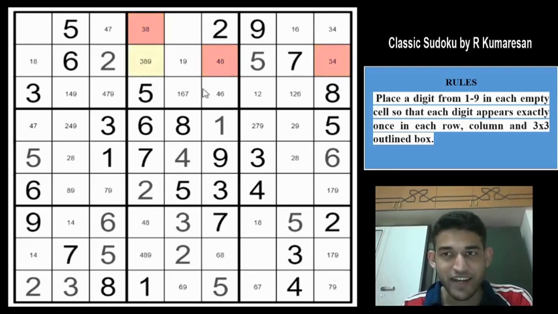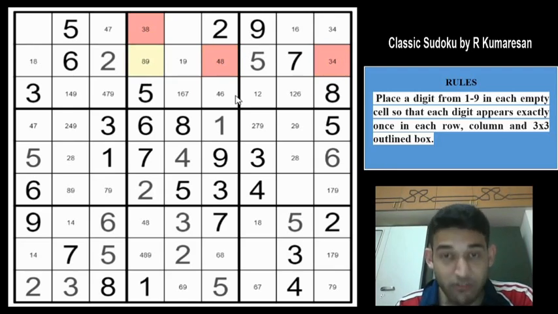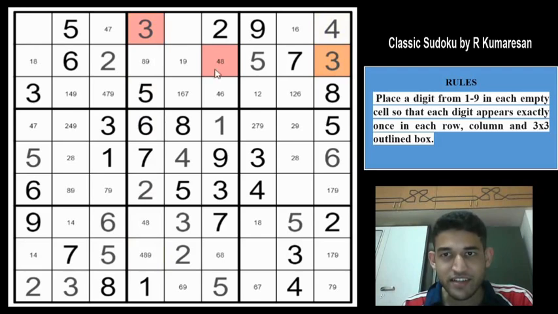Beautiful, right? Such kind of techniques are really well worth practicing if you want to become stronger in classics. Of course, if you practice classic Sudokus which have such techniques, you will definitely be more apt to spot such Y-wings. Now we have got an 8 and 9 here. We eliminated the 4 from here, and because of which we have a triplet 4, 8, 9. So that gives a 3 here, and that gives a 4 here, a 3 here, and that gives 7 here, and we are getting digits now very fast, right?